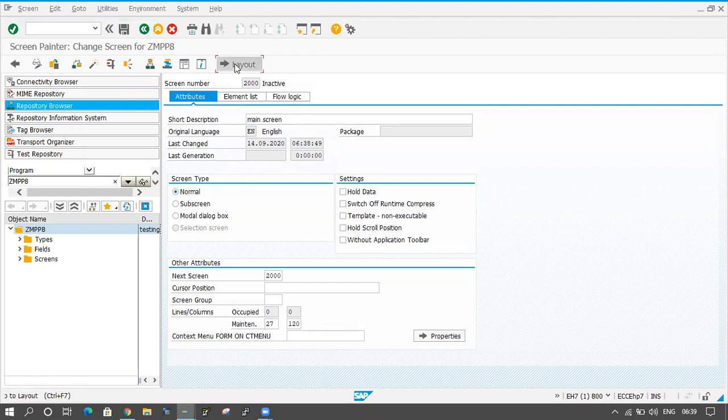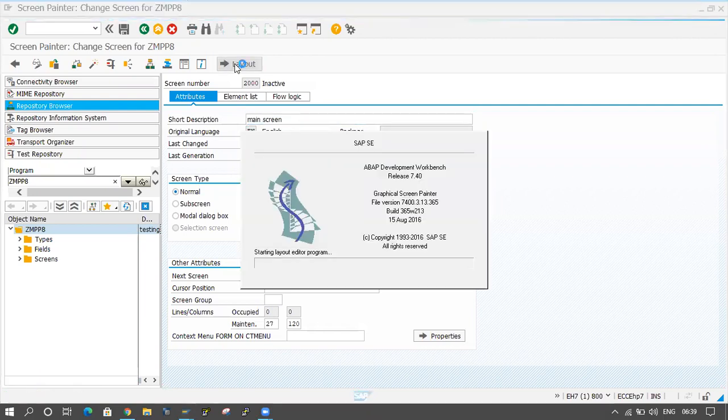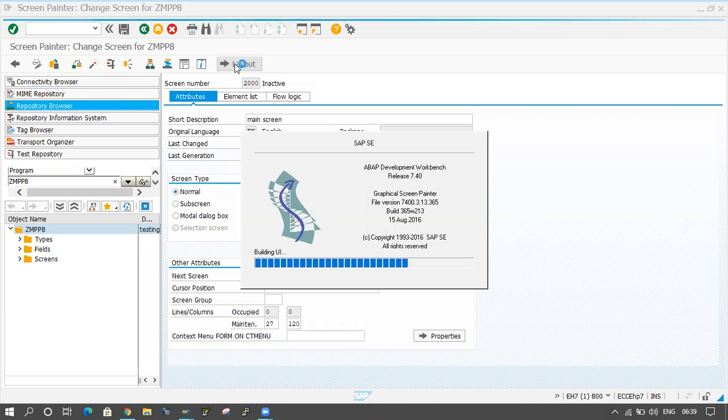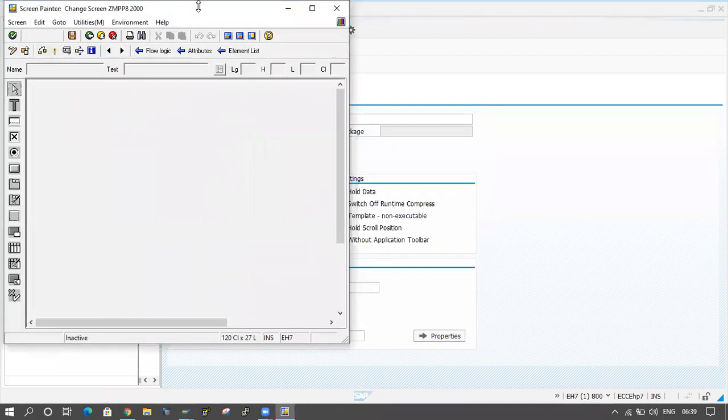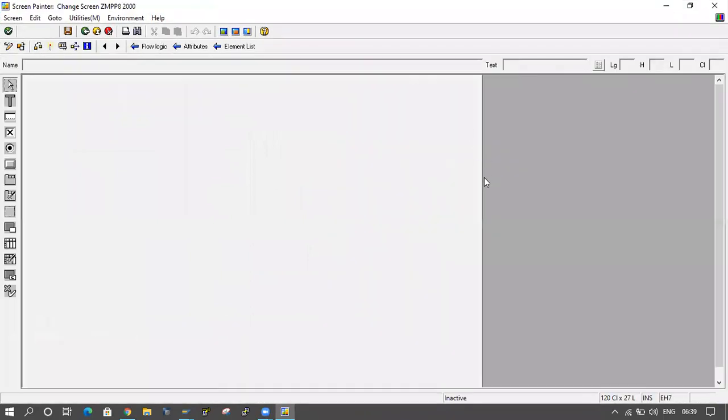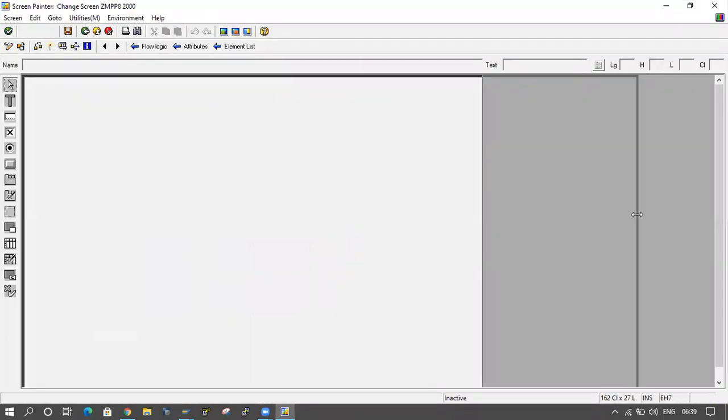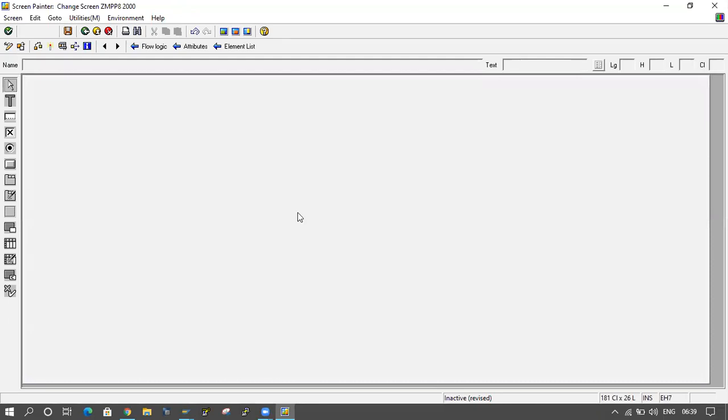Click on layout button here. And here I'm giving some space for the select options.